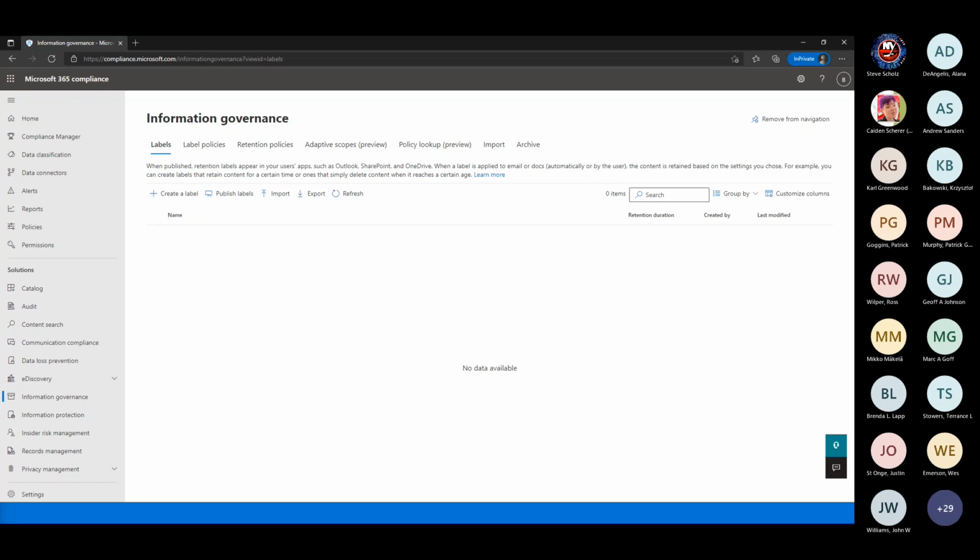Along those lines, something that has come up recently that's been a very hot topic is inactive mailboxes, right? As you may or may not know, when somebody leaves the organization and that user object is deleted, if there's some kind of hold on a mailbox, whether it's a retention policy or an e-discovery hold, it gets converted to what's called an inactive mailbox. Now, if it's a retention policy, that retention policy is either going to retain for a period of time